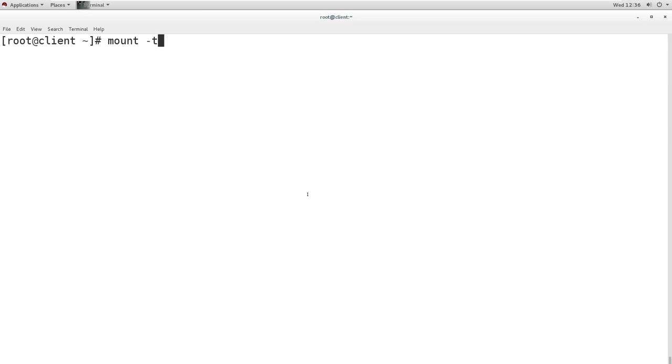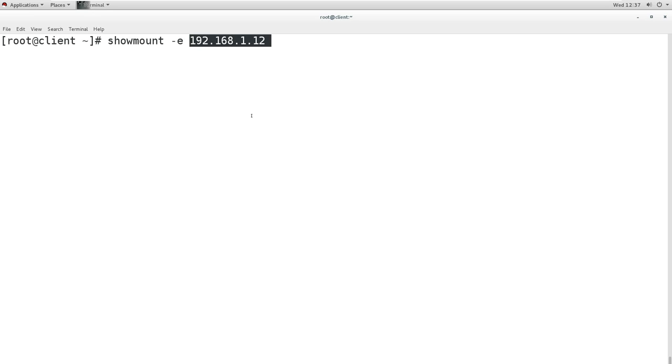So first I will run the command. Now to check what NFS directories are shared from the server, we can use this command showmount -e and the server name, or we can use the server IP also, and it will show what directories are shared with NFS